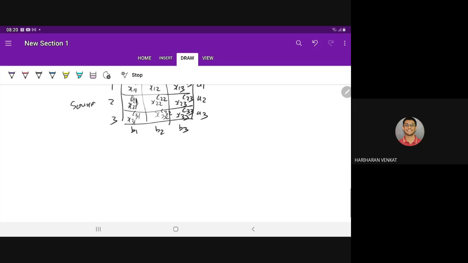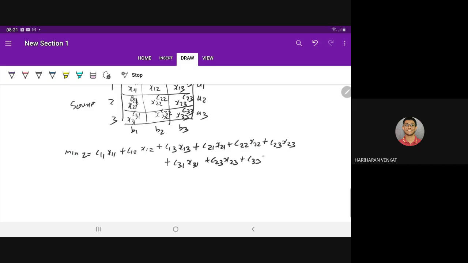If you want to write the given transportation problem as a linear program, it becomes: minimize Z equal to C11 X11 plus C12 X12 plus C13 X13 plus C21 X21 plus C22 X22 plus C23 X23 plus C31 X31 plus C32 X32 plus C33 X33, subject to